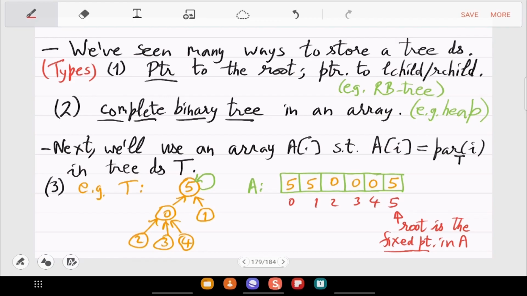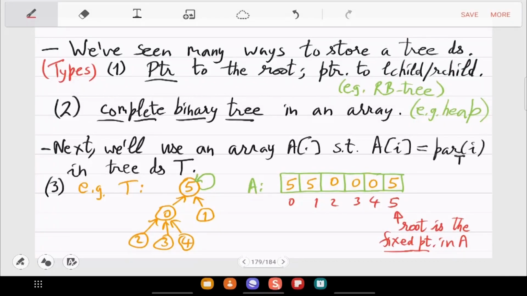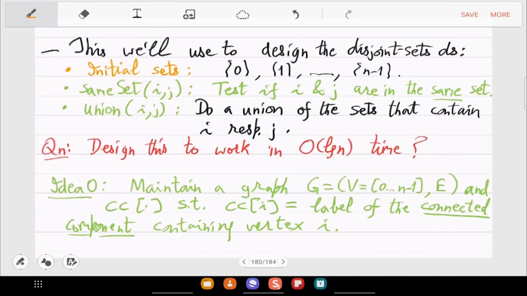So we started last time a third way to store tree data structure. Type 3 is this orange example. From any node you can go to the parent and keep on moving to the parent till you reach the root. That information is stored in the array A. Parent of 0 is 5, parent of 1 is 5, and 5 is a fixed point, that fixed point is the root. So this exactly stores the tree data structure,